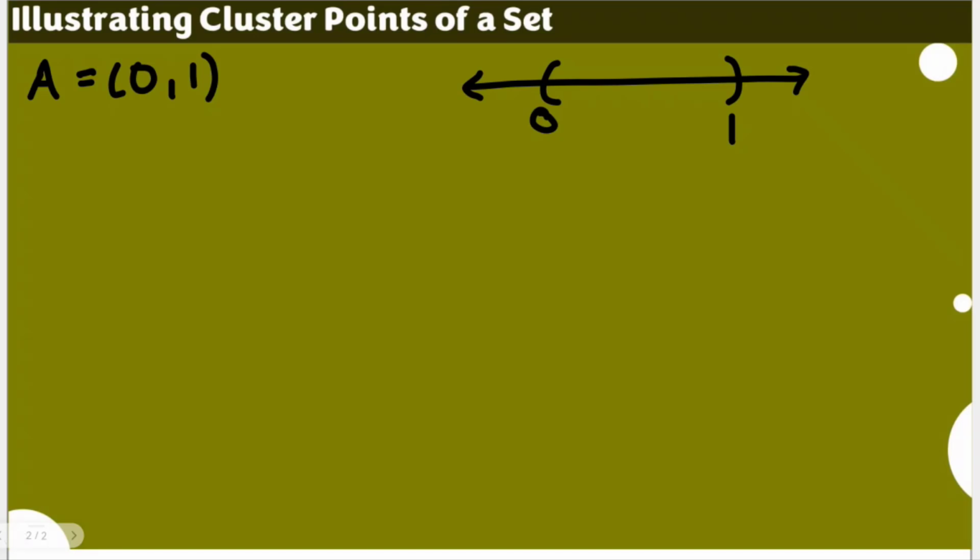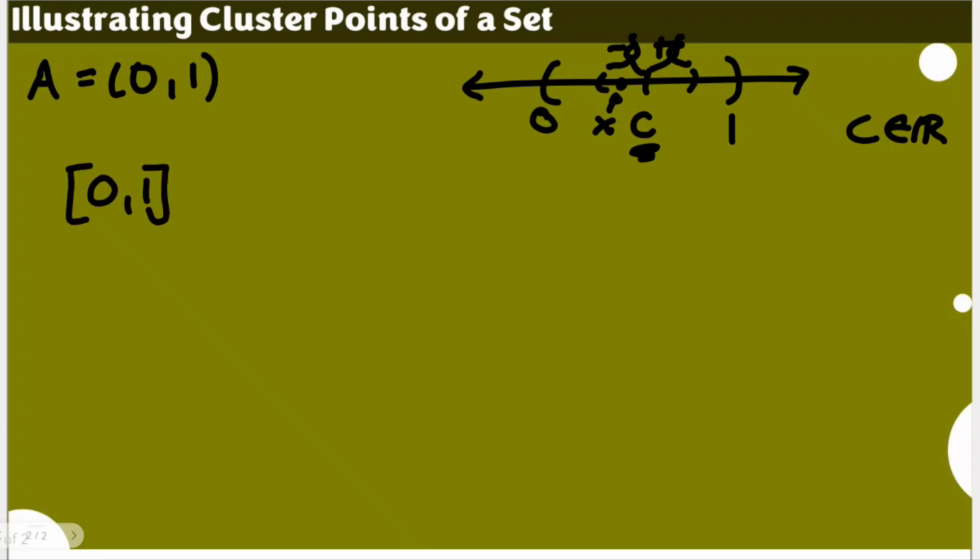If we could locate here any C, where C is an element of real numbers, and then for any delta, this is minus delta, this is plus delta, if we could locate here an element X not equal to C, but an element of A, that means C is a cluster point. Now, for this given set, every point in the interval 0 and 1 is a cluster point